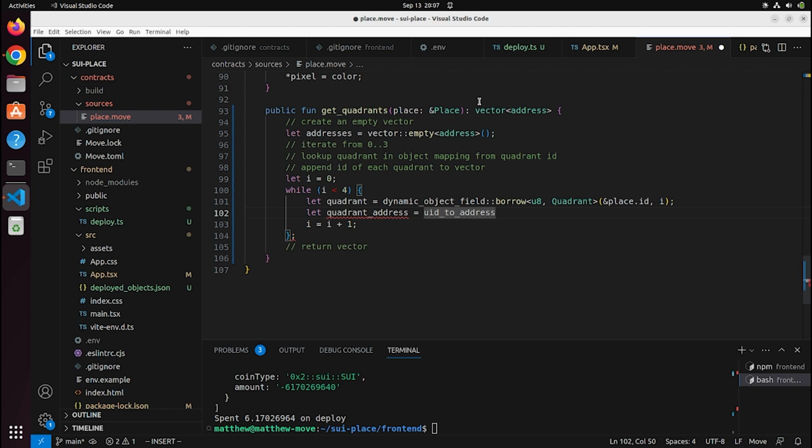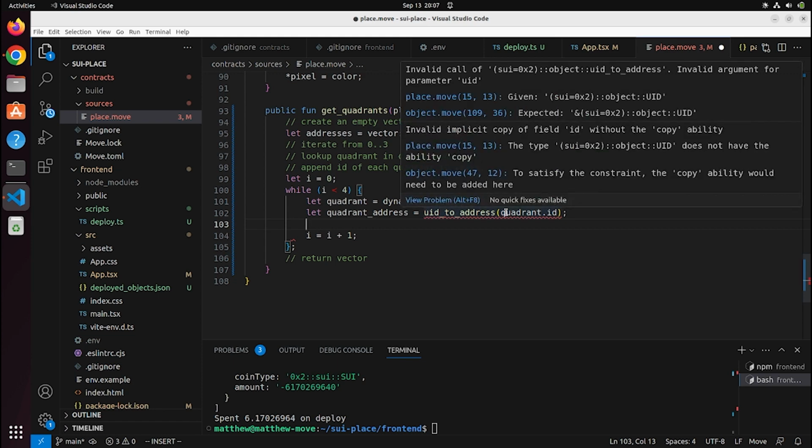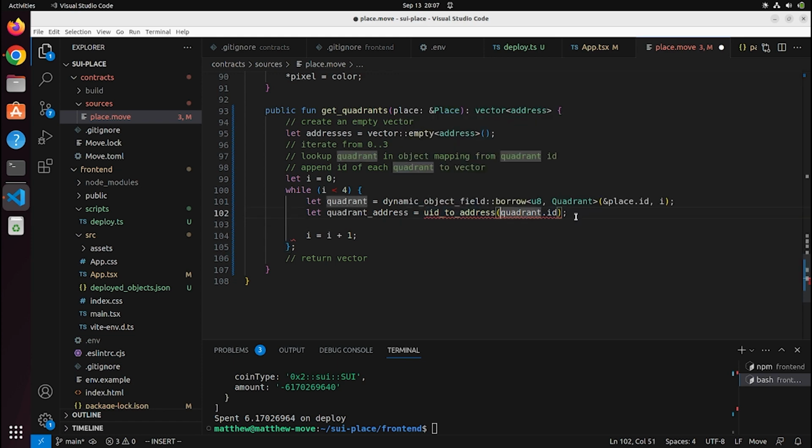UID to address. Set this to be quadrant.id. And then, well, it gives us an error first. Probably the same situation where it needs an ampersand. It needs to take it by reference rather than by value. And then we do vector push back